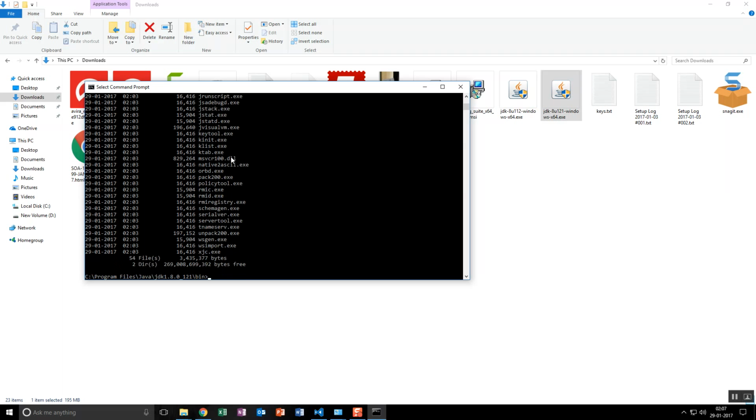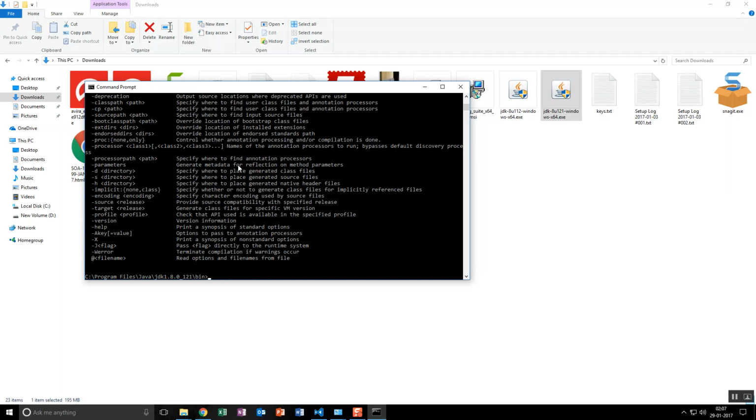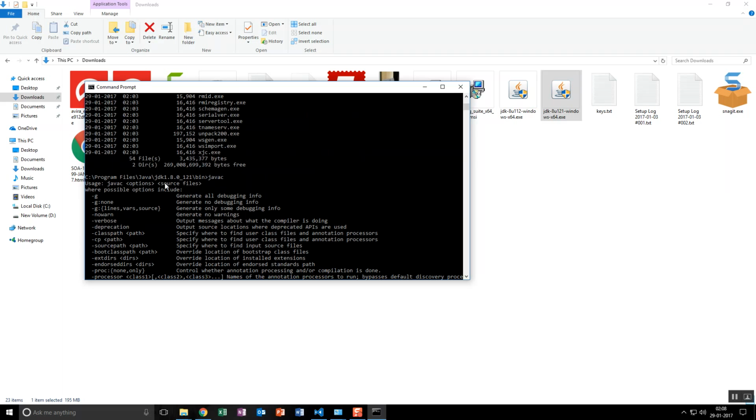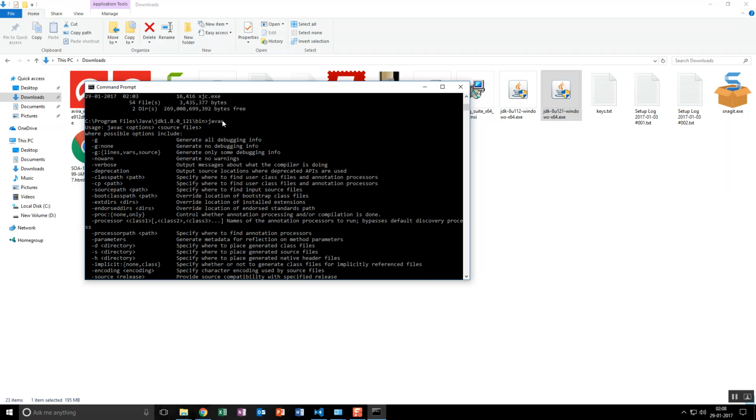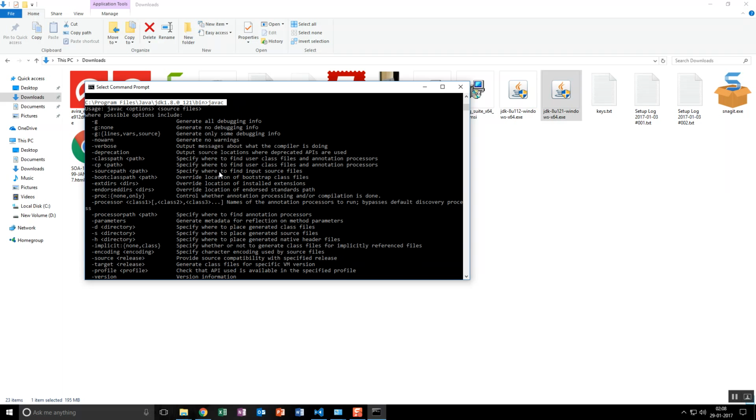Previously I typed javac and it was not found. Now I'll type javac, look at the magic. It gives all the options, since it is identifying that javac is present in this location. Unless you travel here each time, there is an issue with the system. If the path is not set, each and every time you have to travel here, and that is very difficult, right? You can't go to this javac folder every time and type. So the possible way is to set a path.